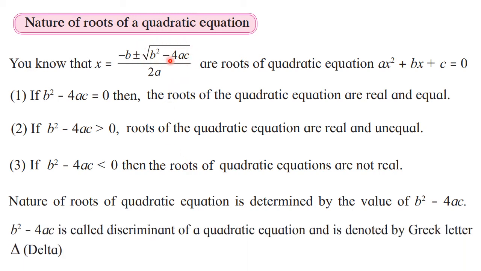that is b square minus 4ac, and it is called the discriminant of that quadratic equation, and it is denoted by the Greek letter delta. Sometimes it is denoted by capital D also, that is the initial of delta. So sometimes D is also used, and sometimes this symbol, delta, is used. Okay, you have studied delta region in your geography. That triangular region is called delta region. So because of this particular symbol in the Greek letter, it is called delta. Okay, so this factor decides the nature of the root.